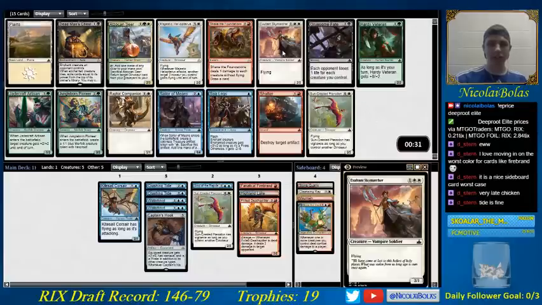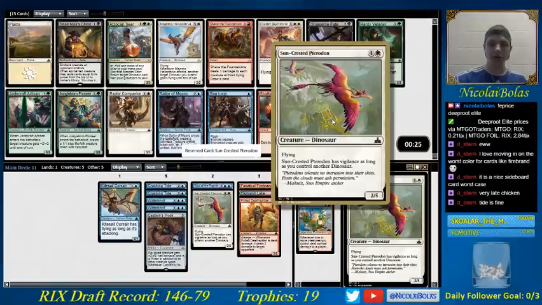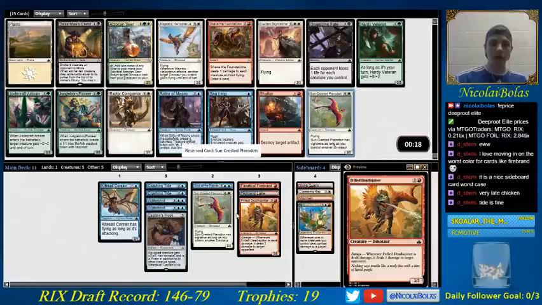I like Sky Marcher a decent amount, but it is kind of hard on the mana. And since I have so many blue cards, I kind of just want to play a lot of blue sources. So I think I'm going to take the Pterodon here. It's just a nice little late game card. It's also specifically good in blue-white because you can get a lot of good blockers on the ground, stall the